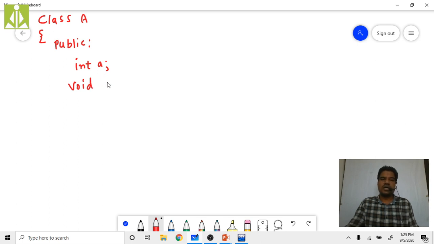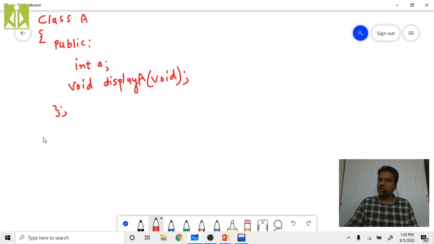Again, this will go over more than one slide, so try to follow along. See, in C++ we always have lengthy programs. So then close this class and write the definition of this display function. Because we are going to have one more class, class B, I will take my function name as displayA, with no parameters. Close this class, put the semicolon, and write the definition for this displayA function.